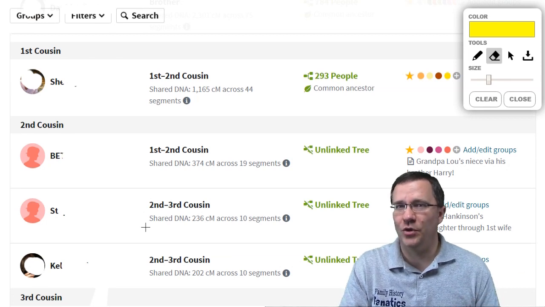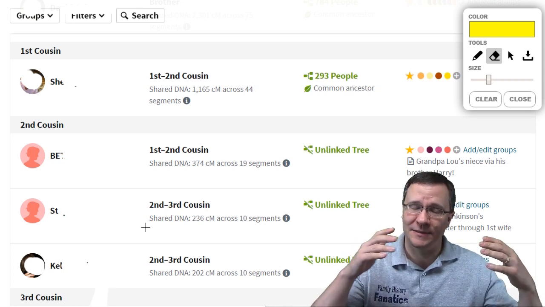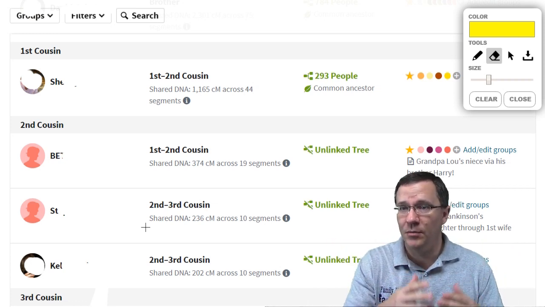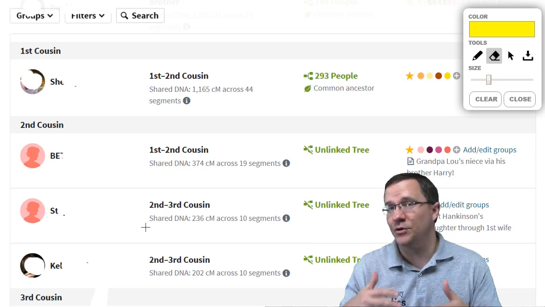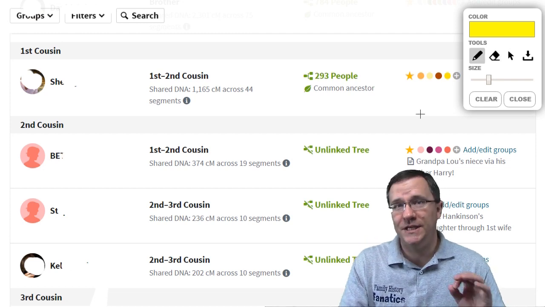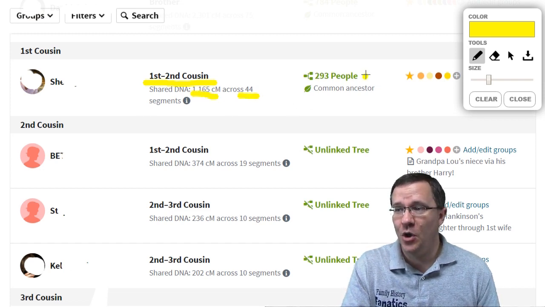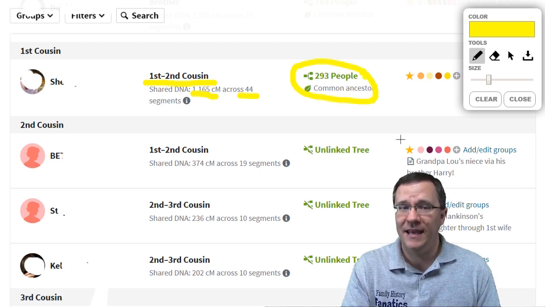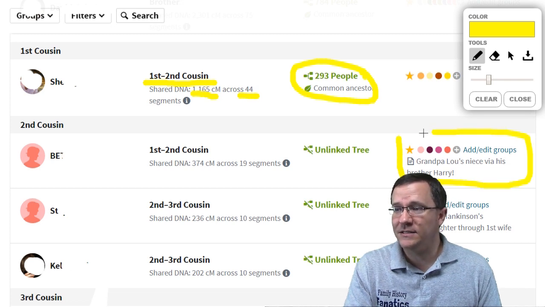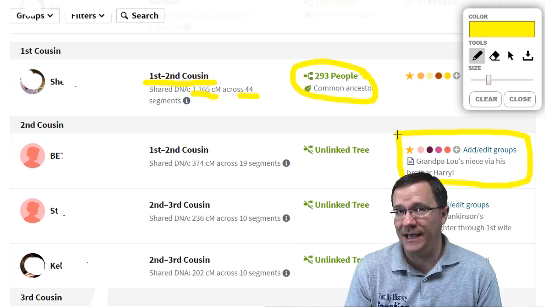Now this list is going to be shorter, but the nice thing about this is if you know how you're related to this match, so in this case my wife's aunt, she's related through her mother, all these people have to be related through that same way. So this is going to be through her maternal grandparents. But you see, it contains the same information. There's going to be an estimate of what that relationship is, the amount of shared DNA and the amount of segments shared, whether or not there's a tree, and if a common ancestor has already been identified on that. And then there's also going to be this box of other information that you can add to it to help you keep your DNA organized.